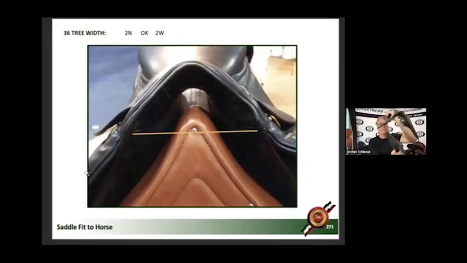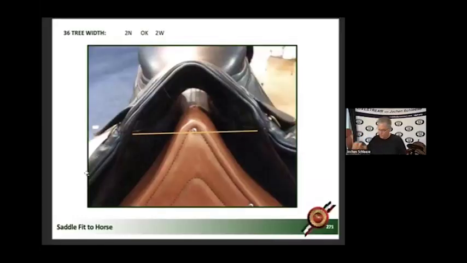And then you measure from there to there. That's the tree width. So if I separate the tree here, that's the tree width. See how my hands go apart? And then when I change the angle, you see how I twist my wrist? Okay, that's the angle. So obviously on the wood tree, you can't do it because that changes the bars, changes the webbing. Certain trees are not allowed or not meant to do it.